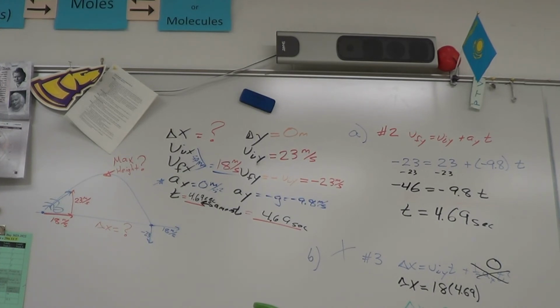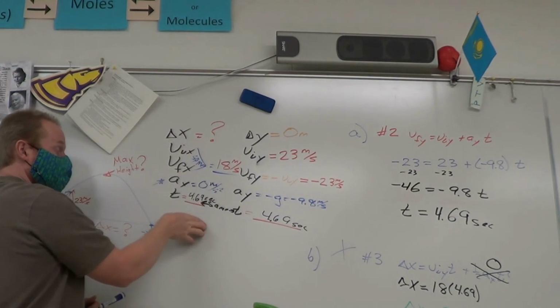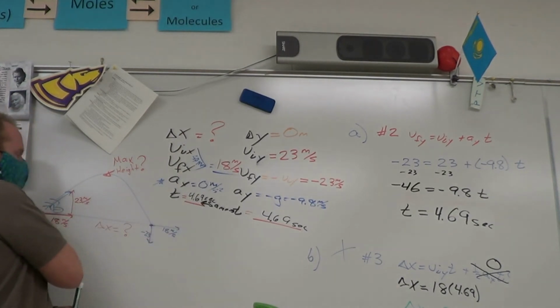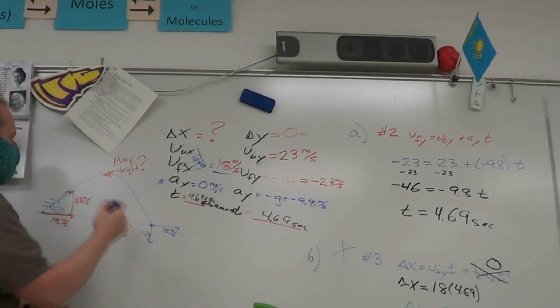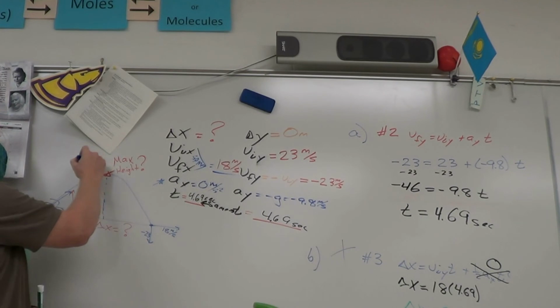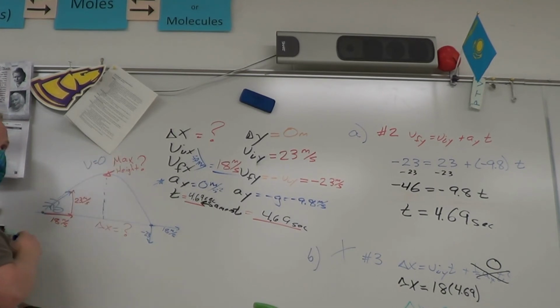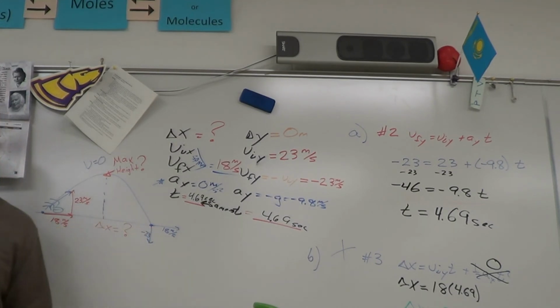So we got to be careful and recognize that this doesn't match this anymore. It doesn't really even match this anymore, because this is from here to here, but now I'm only going halfway. There are a few things we know at max height. We know the velocity at max height is 0. And we know the time from here to here is 2 times bigger than the time to here,